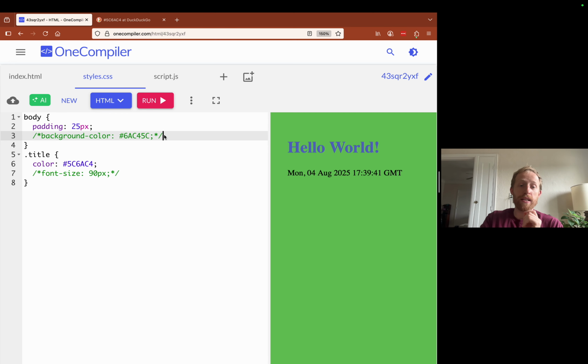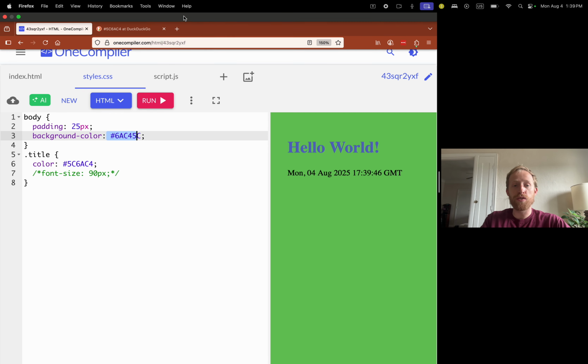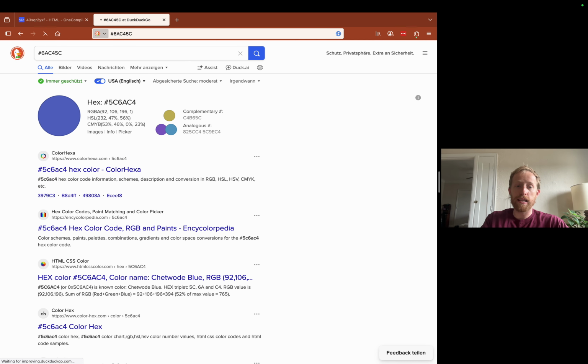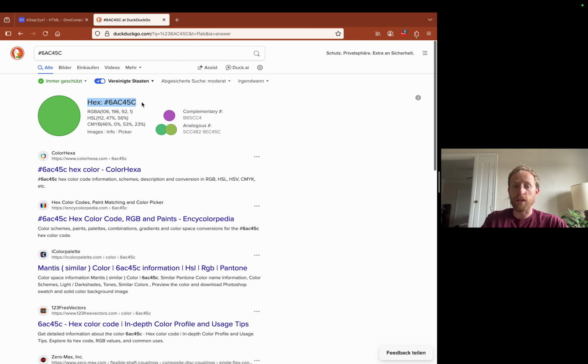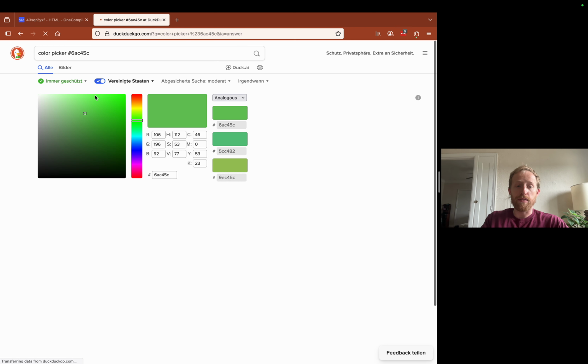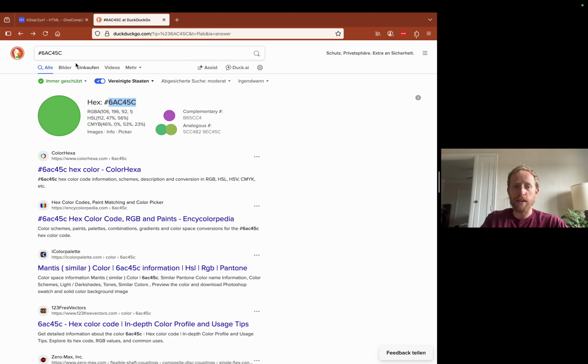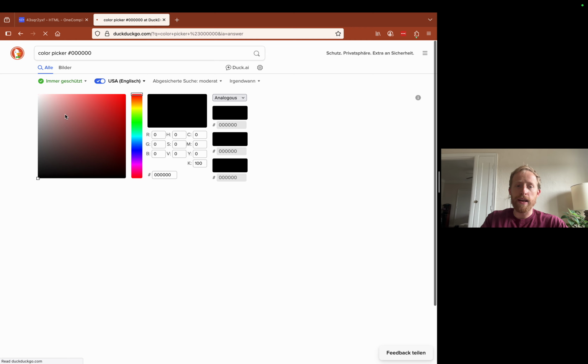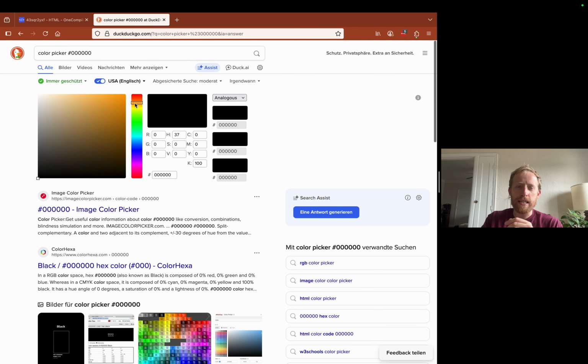But where does the 6A C45C come from? So this is a hexadecimal. You don't really have to worry about that. If you want to get these numbers, you can just plug them in. It's literally a combo of 6 letters and numbers, and if you just Google it, it should come right up where it says hex. This corresponds to this color. If you Google one of these hexadecimals, you can always just start with 000000. Actually, that might not work. Yeah, so that's just black, and then you click on that color.